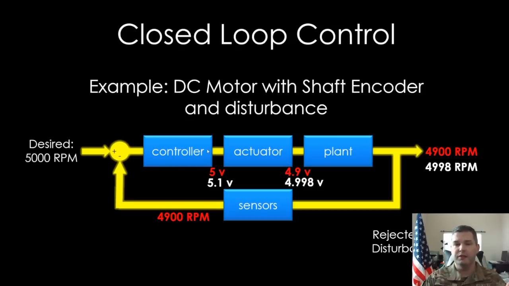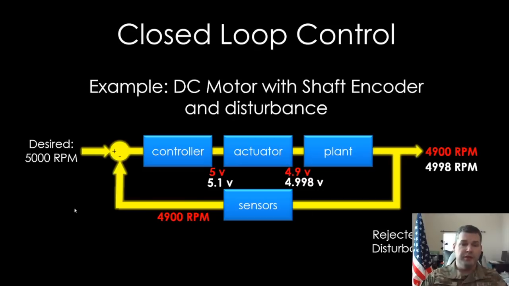Now the controller says, okay, I'm off by 100 RPM. I need to increase my voltage by 1/10 of a volt. So it does, and now it's outputting 5.1 volts. The voltage regulator is still off by 2%, so it doesn't output 5.1 volts. It outputs 4.998 volts. But when it feeds that to the electric motor, we're able to get 4,998 RPM. So we've gone from